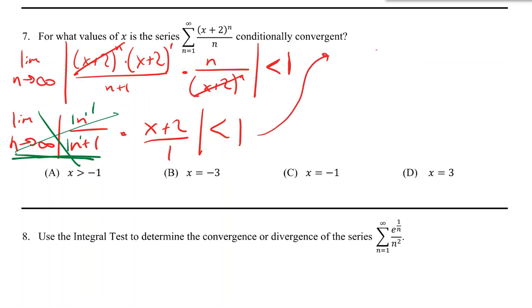So now I want to know, when is the absolute value of x plus 2 less than 1, which is when x plus 2 is less than 1 and greater than negative 1, and subtract 2 from everything. You get to here. Okay, are you okay with what I've done so far? Okay, so again, this is the absolutely